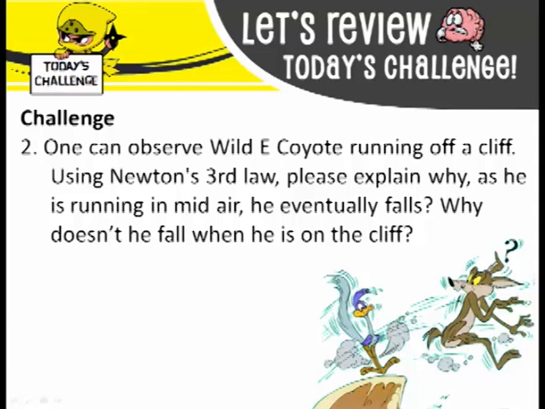So he's running, he falls once he gets off of the cliff, just like you would if you ran off a building, you would fall. So the question I'm asking is, how come you don't fall when you're on the building? So right now you're all sitting on the first floor, we're not falling. We could be falling. If the floor kicked out from underneath you, you'd fall towards the center of the earth, right? So why aren't you falling based on Newton's third law?